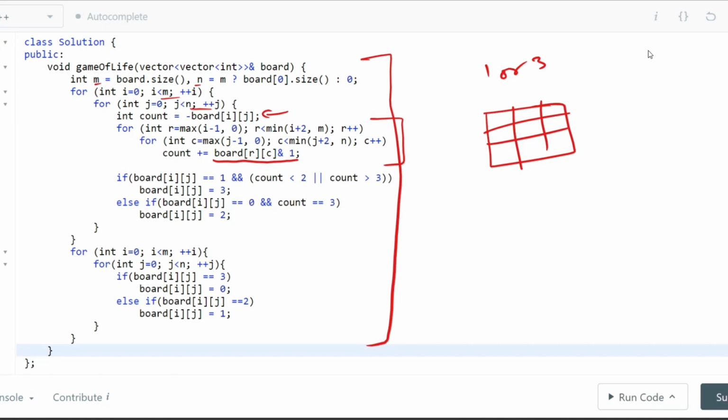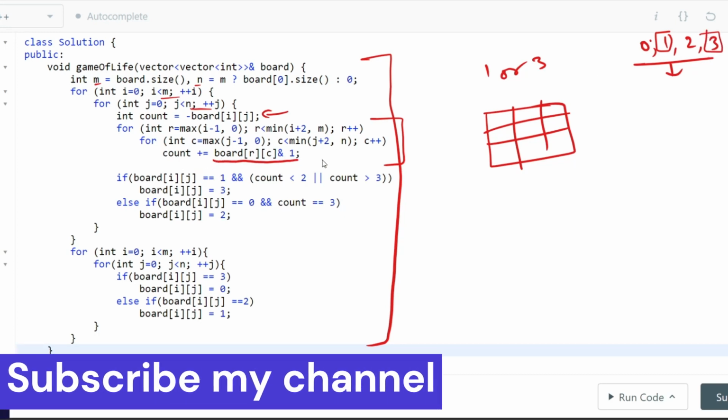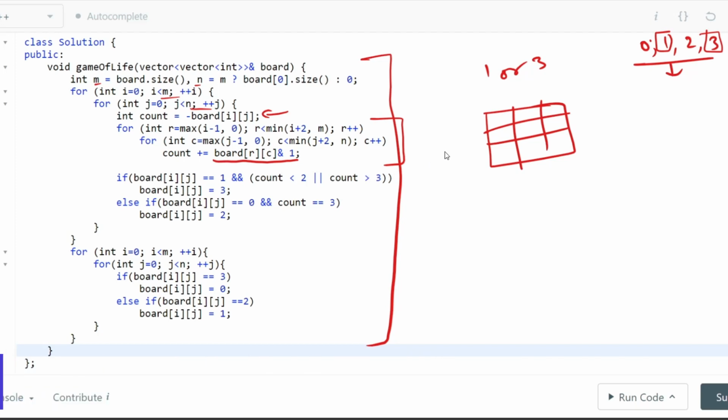So the board can have 0, 1, 2 or 3. We are going to increase the neighbor count by 1 if and only if it is 1 or 3. So we can use the condition: if board[r][c] equals 1 or board[r][c] equals 3, then count plus plus, or we can do it in this way.